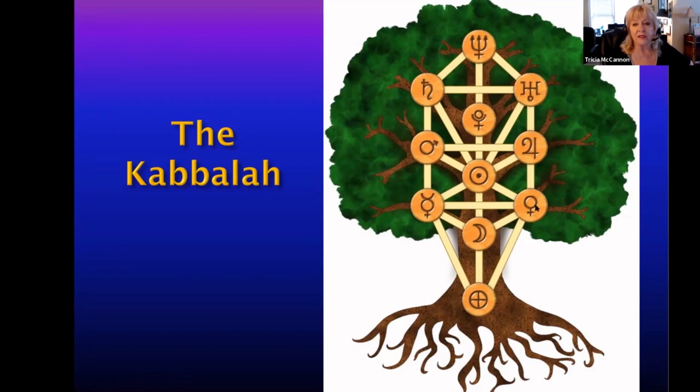And each of these symbols represents archetypal energies. They're called Sephiroth. The Sephiroth represent archetypal energies that live in the cosmos. They live in the mind of God. They live inside of you and me. They're archetypes, and so we have to balance the archetypes in order to climb the middle path.